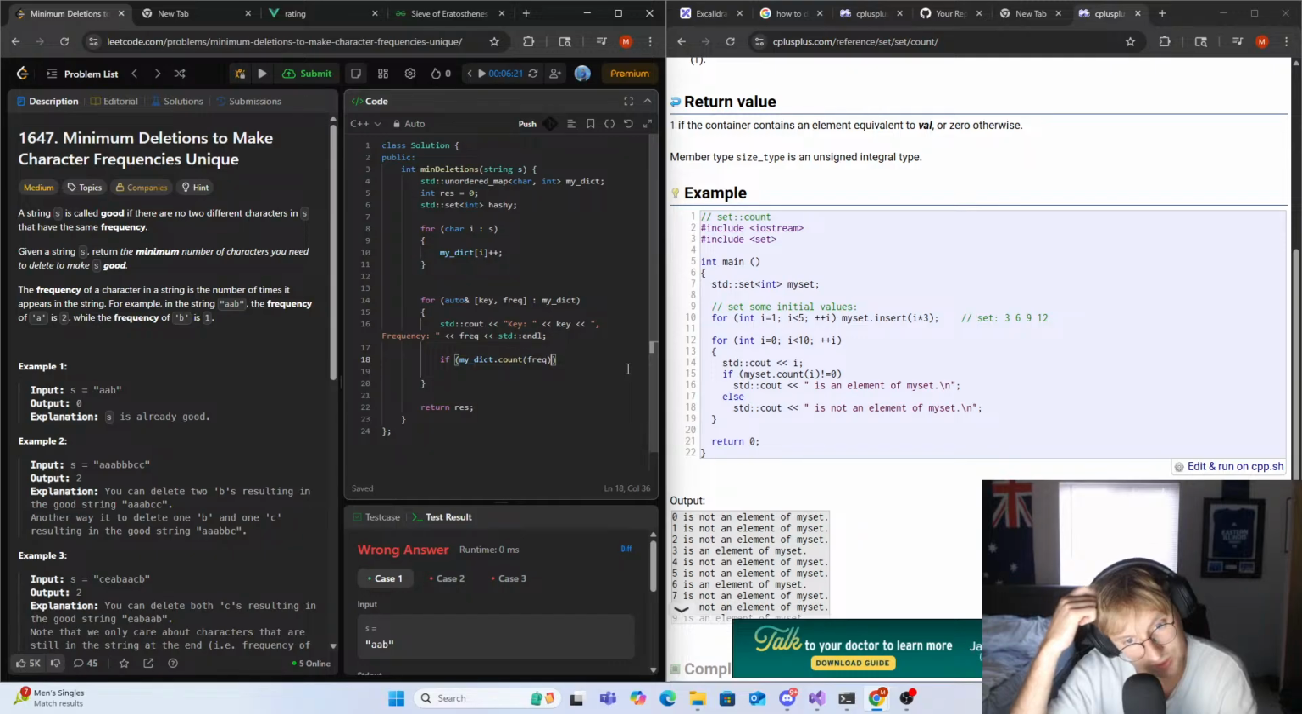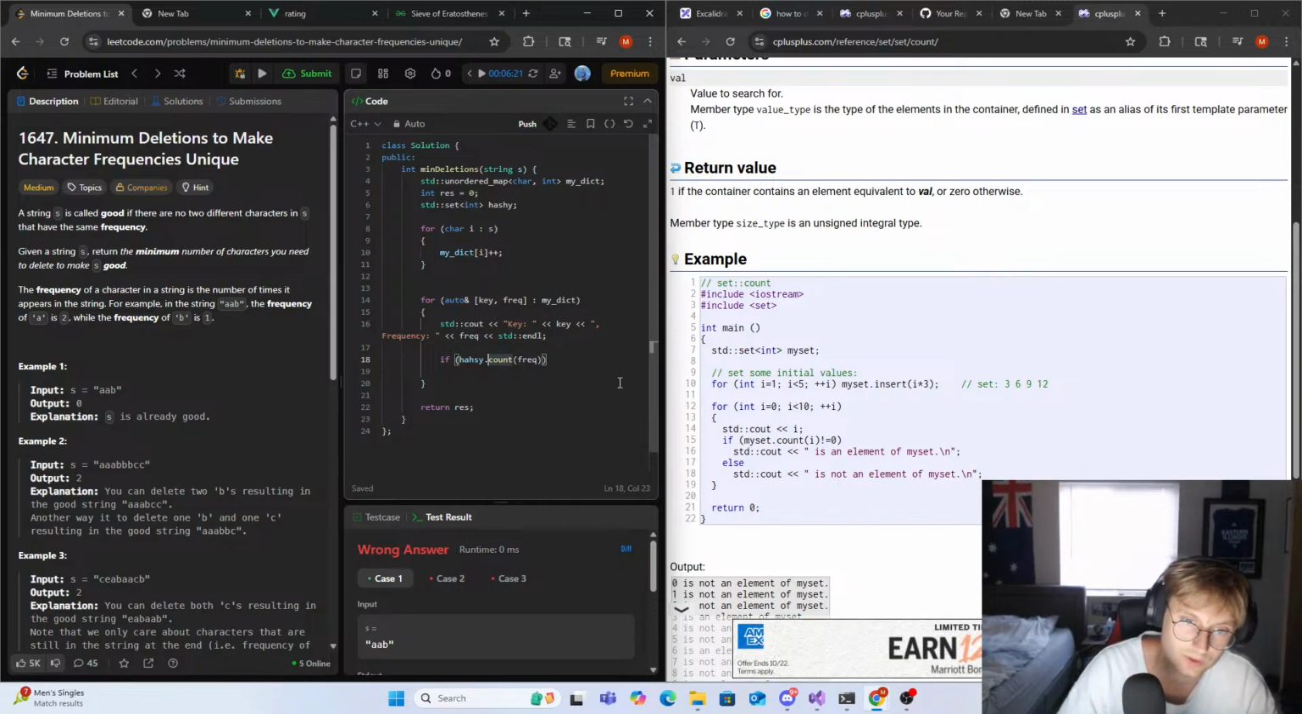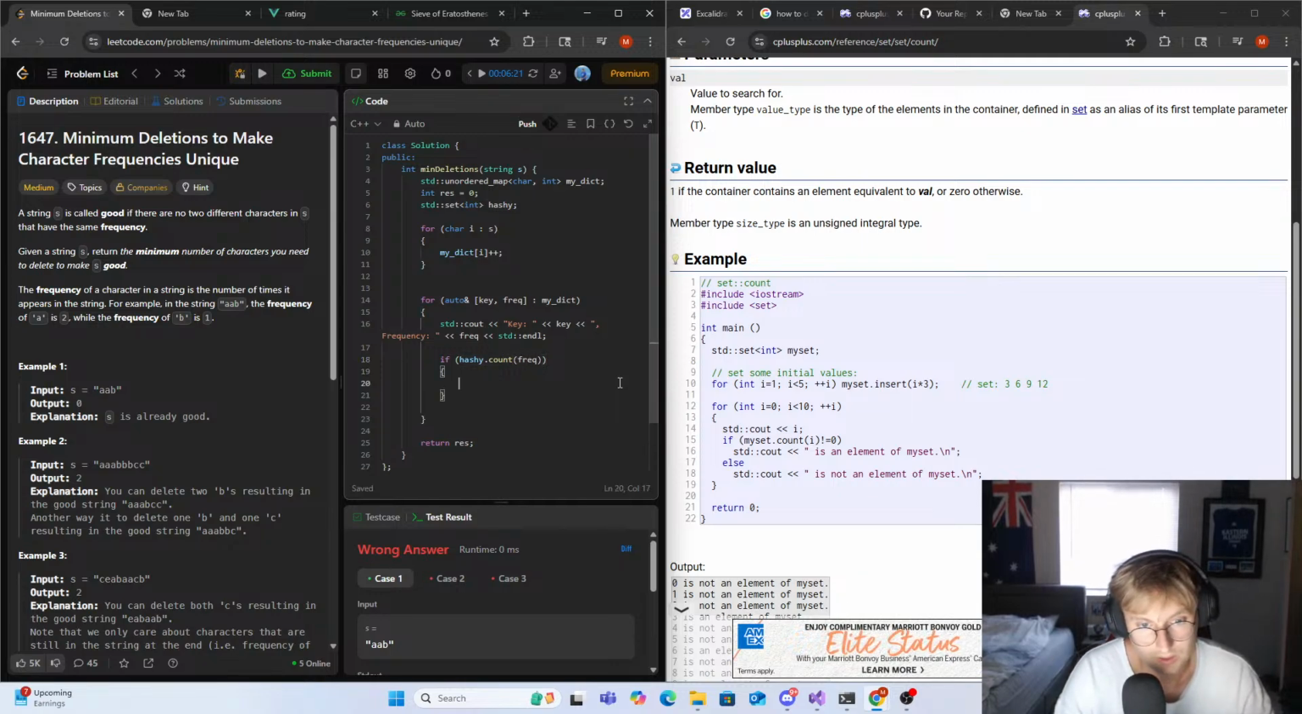So if my dictionary, this is for a set. So if hashy.count frequency, right? So if this is true, hashy.count frequency, right? So if it is there, then what do we want to do? We probably want to remove